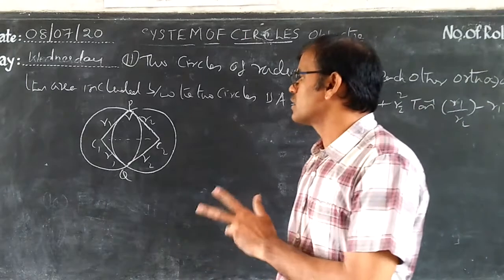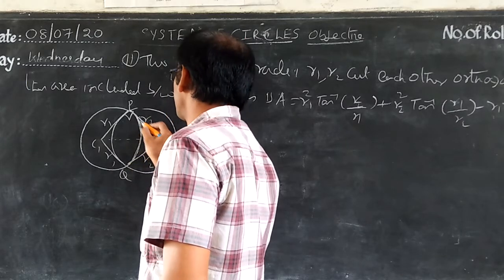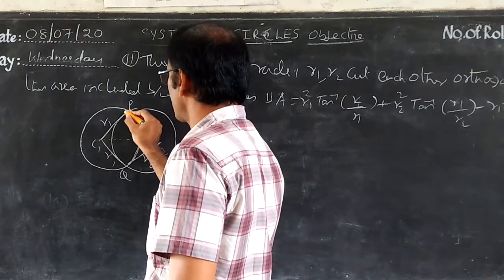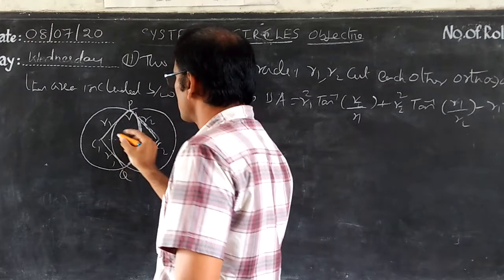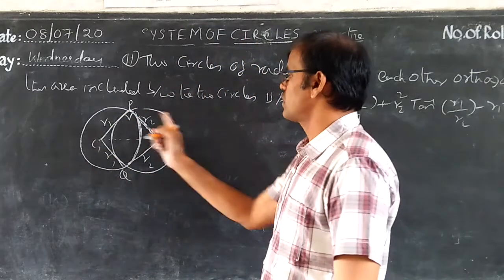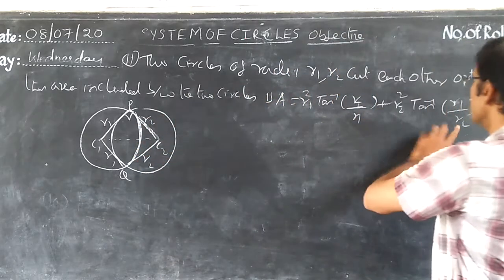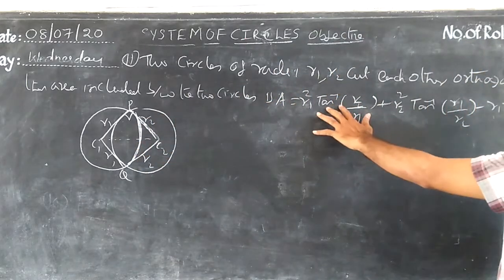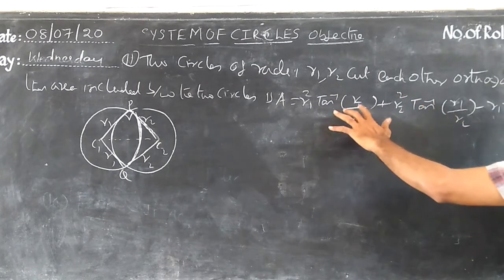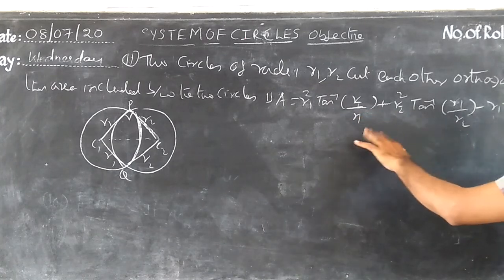So we need to calculate like this: total area of the quadrilateral minus sector 1, and total area of the quadrilateral minus sector 2. For the total area of the quadrilateral, we know the formula R1 R2. Minus the sector area, half R square theta, where theta is tan inverse of y by x. So for the first circle R1 by R2, for the second circle R2 by R1. Like this you will be getting it. So whenever R1 is there,